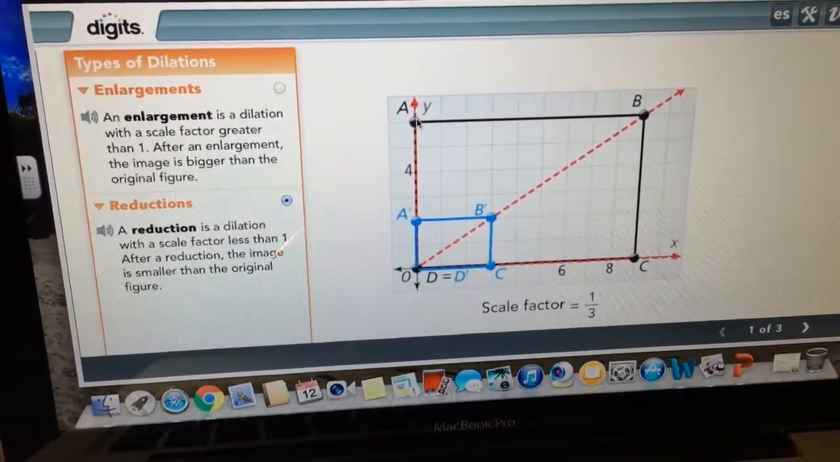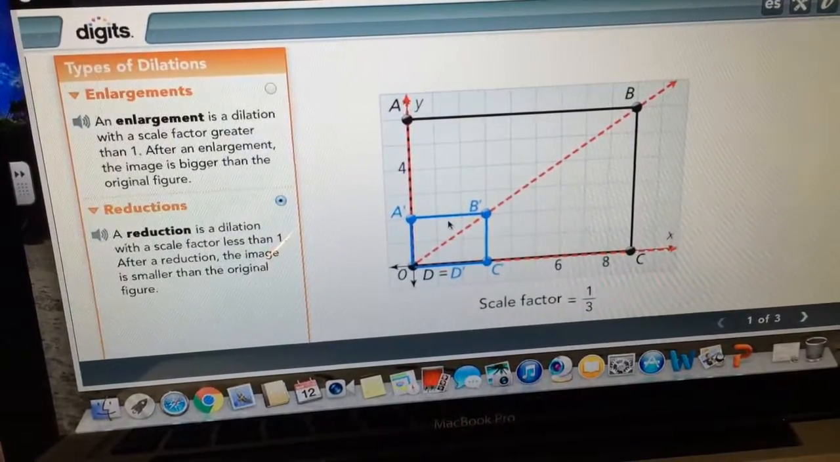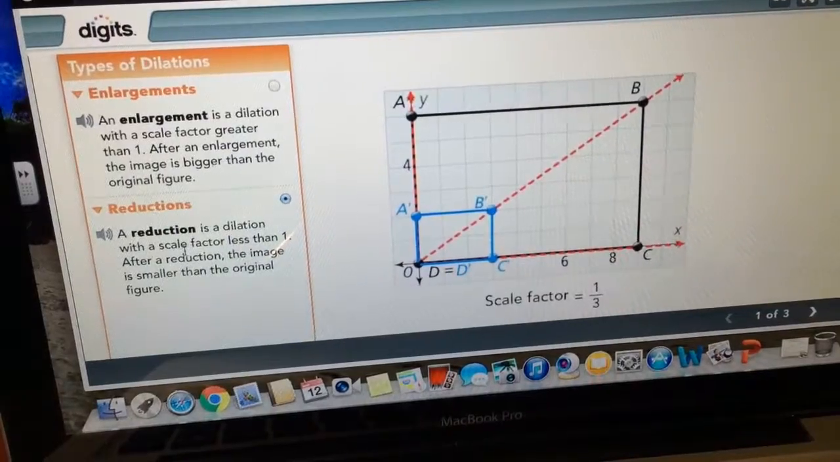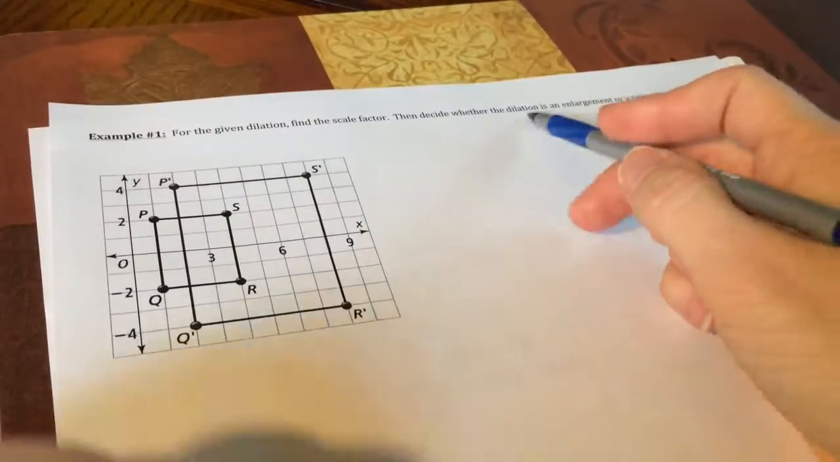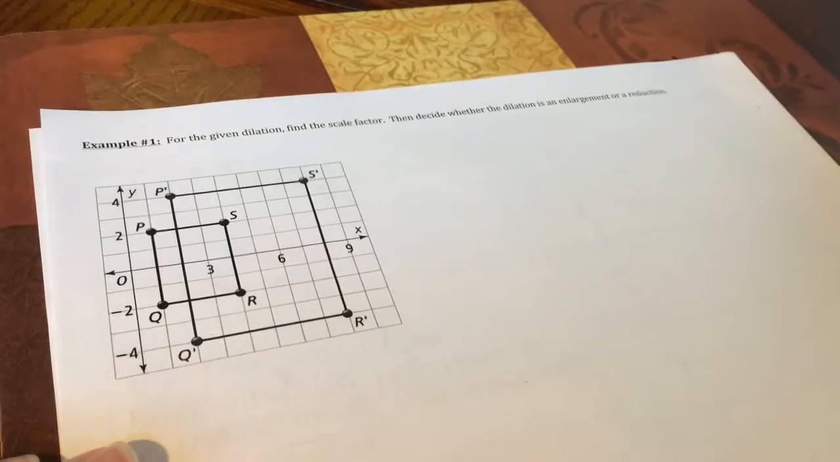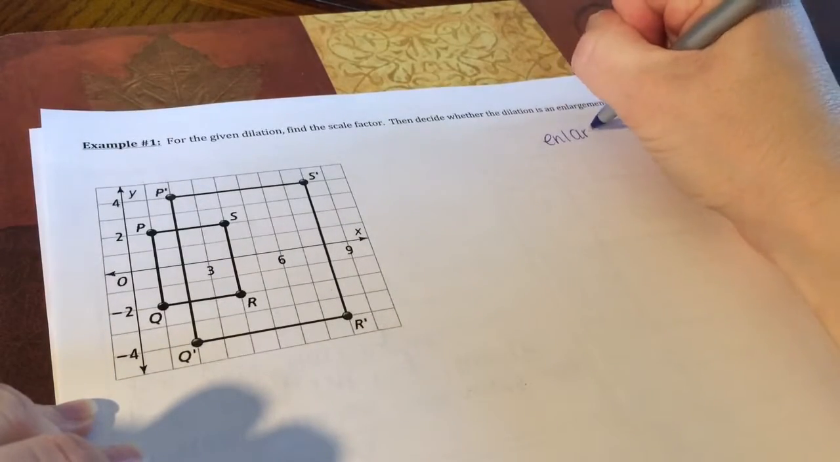Okay, so notice in this one, the original figure is this big one right there. So the image figure got smaller. That's what a reduction is. Okay, so let's take a note on what they said about the scale factor. All right, because we have to decide whether this dilation is an enlargement or reduction. Well, what the video just told us is that an enlargement